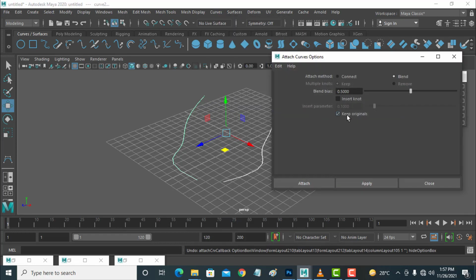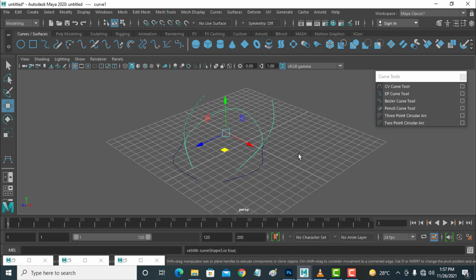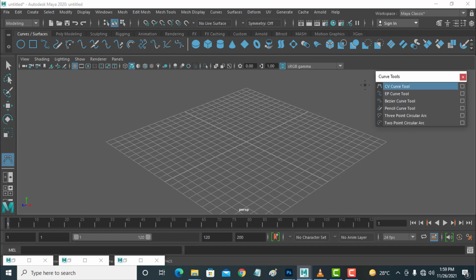Keep originals, deselect keep originals, reset settings, keep original should be deselected. Now attach. So see the attached line like this. Now this line is not good. I am deleting this and making another line like this,